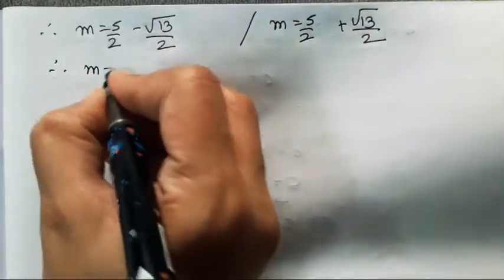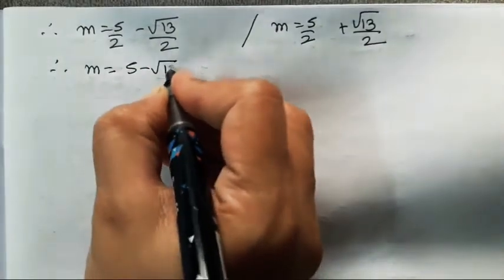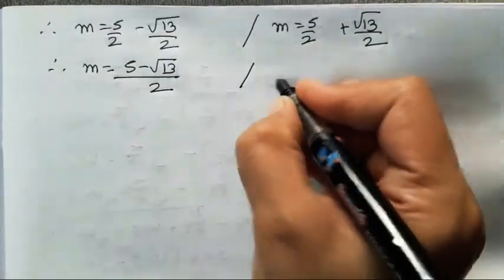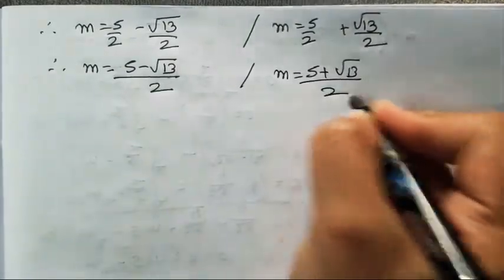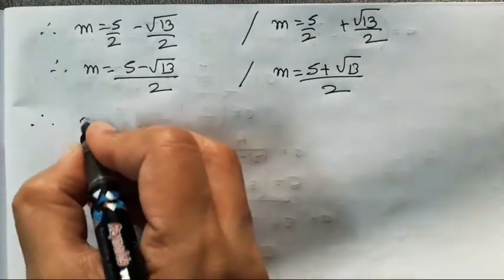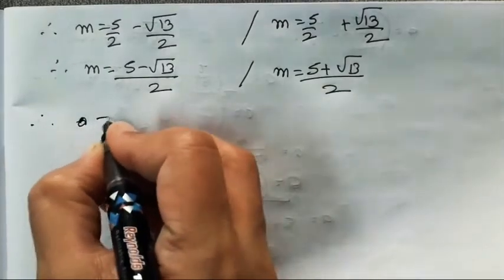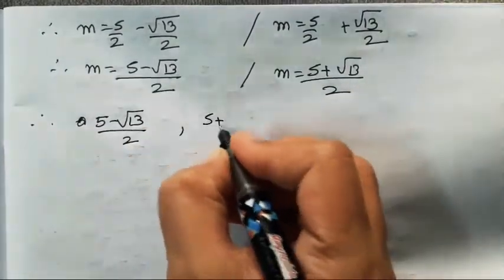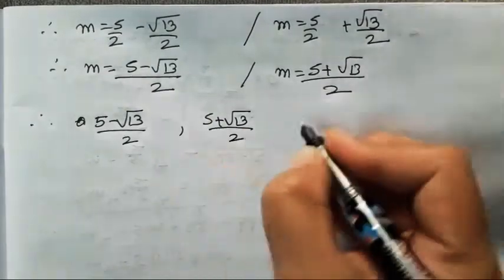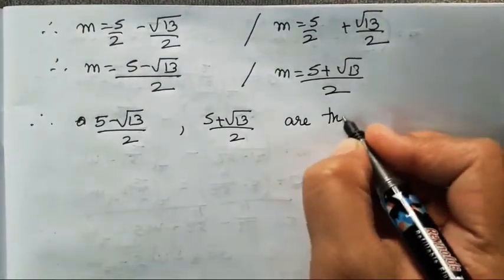Therefore, m is equal to 5 minus root 13 upon 2, and over here m is equal to 5 plus root 13 upon 2. So this is going to be your answer, that is 5 minus root 13 upon 2 and 5 plus root 13 upon 2 are the roots